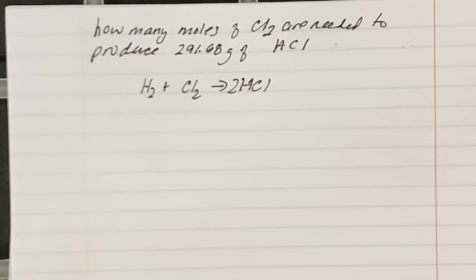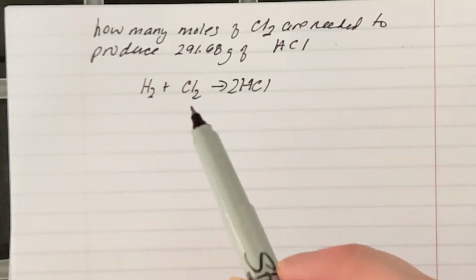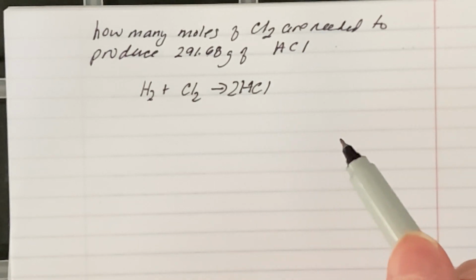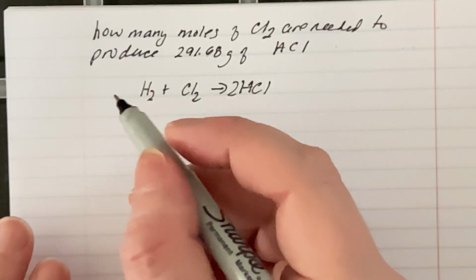All right, in this stoich one, we're going to do: how many moles of chlorine gas are needed to produce 291.68 grams of hydrogen chloride? And they gave us the equation, and they did give it to us balanced. 2 hydrogens, 2 hydrogens, 2 chlorines, 2 chlorines. So we start with what we know,